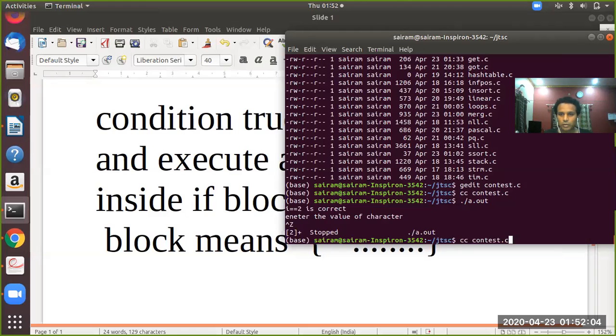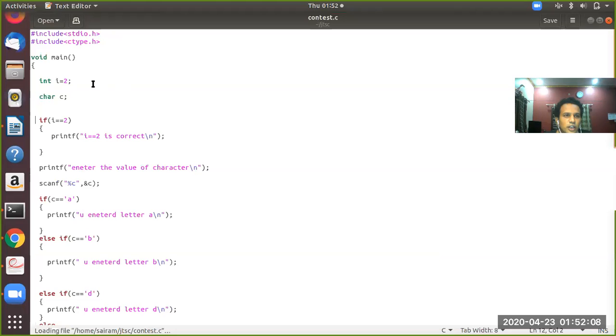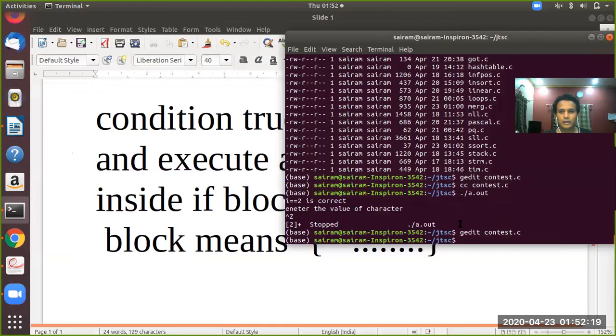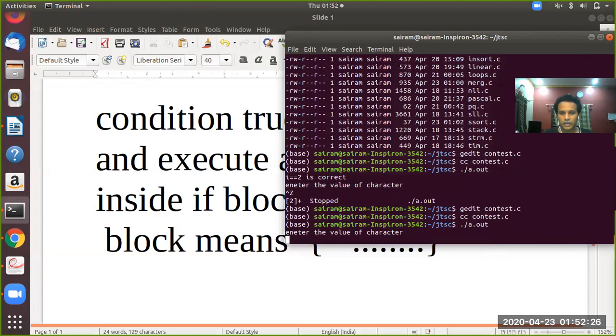Now we'll go back to the program. Now I will change the I value to 100. I will save this and close this editor. Now come out. After coming out, compile this program once again. Use ./a.out. Can you see it is not showing any statement like I contains 2.